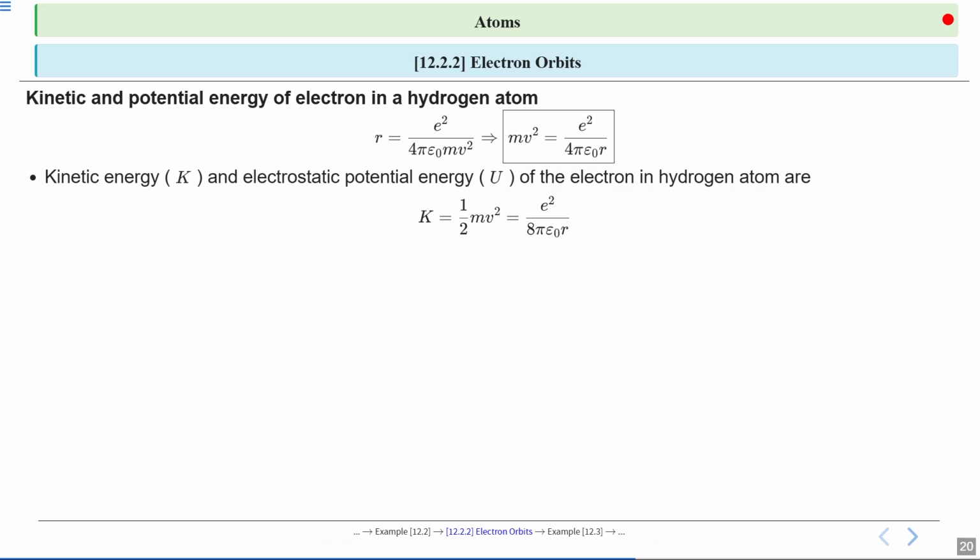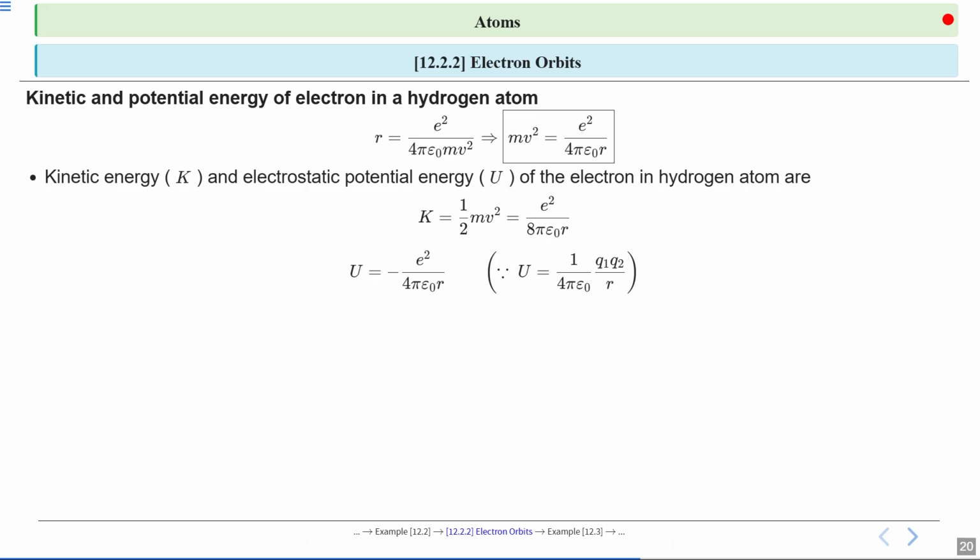Okay, so here we have the formula for kinetic energy, K equal to half m v squared. And we have found the value of m v square. Now put this value in the expression of kinetic energy. So this means the kinetic energy depends on the electron's distance from the nucleus. Kinetic energy will become e square upon 8 pi epsilon naught r. So kinetic energy depends on the electron distance from the nucleus, or we can say the radius of orbit. For example, if r is 5.3 times 10 to the power minus 11 meters, which is the Bohr radius, you can plug in the values to find the kinetic energy in joules.